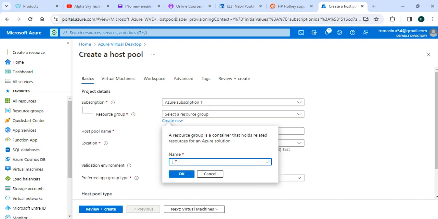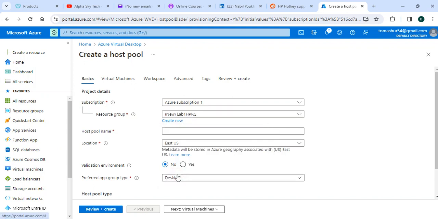I'll call it Lab 1 host pool RG. There you go. Lab 1 host pool RG, and then go ahead and click OK, and it did go successfully. And then for name, it's going to be similar in here, lab 1 HP,